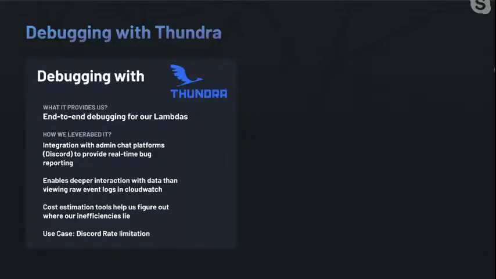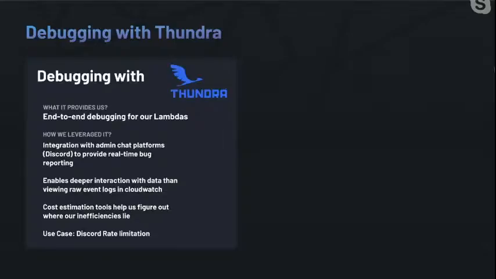Sorry about that. Thundra. So Thundra is an extension on your typical CloudWatch logs. So we've been leveraging its logging capabilities in a few ways so far. One of the biggest ways that I've seen that we use it is for monitoring our third-party integrations, as it gives us a really, really great timeline of every request that's sent to our APIs, along with the request and response error payloads that are returned, all for free. We don't have to set up any boilerplate. It's just right out of the box. We get that entire timeline, all that data that goes in and out. We see all of it without telling it to explicitly log anything.